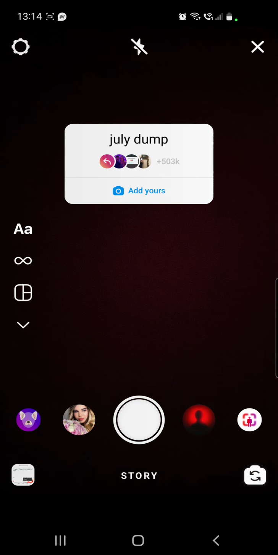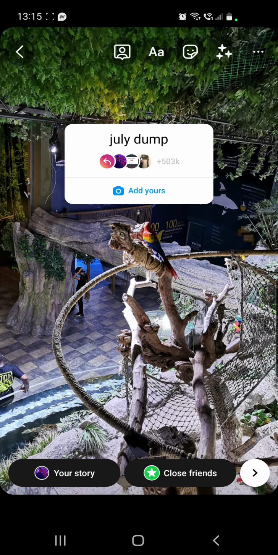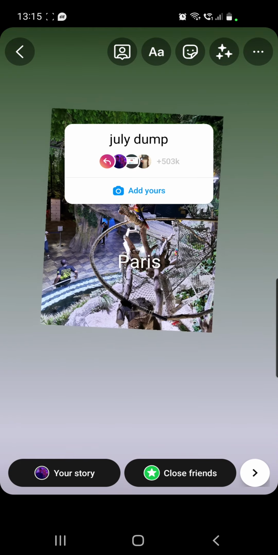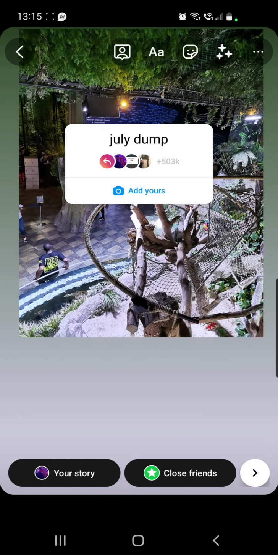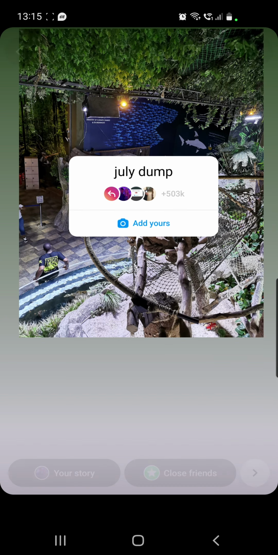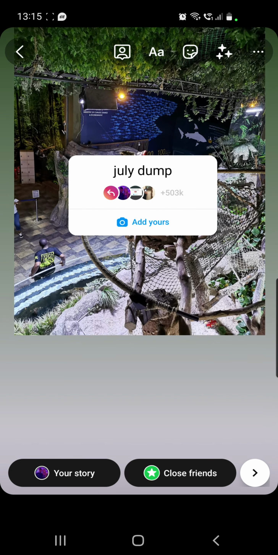So now you can go to your uploads and choose some photos from July. This is my first photo, and then to add your second photo you have to make this photo smaller by using your two fingers, and then to add your second or third photo you have to click on stickers from the top of the screen here,